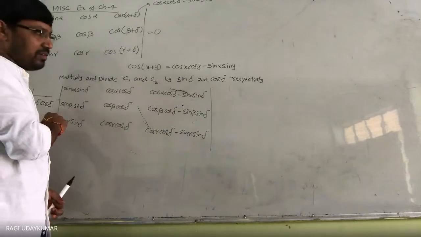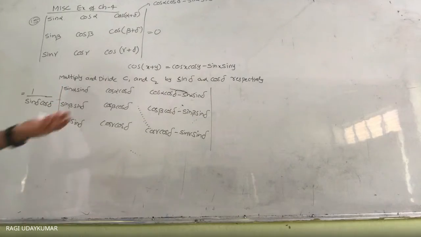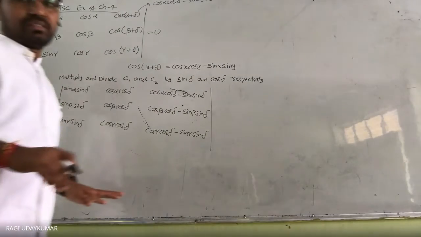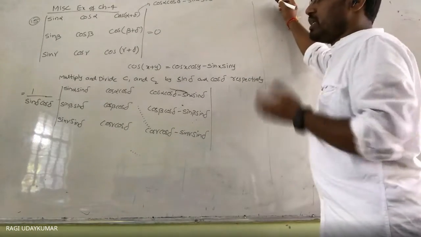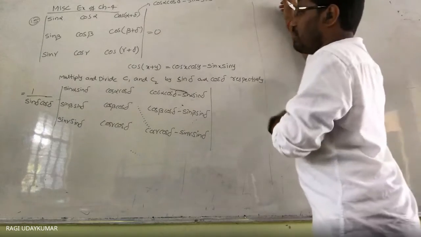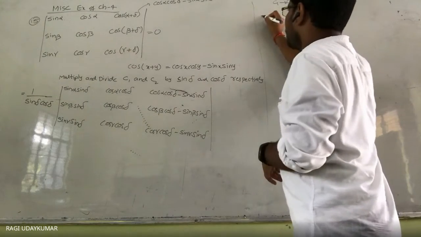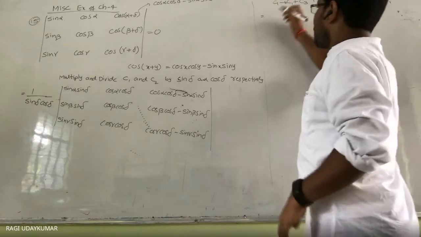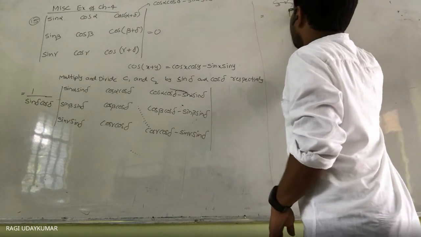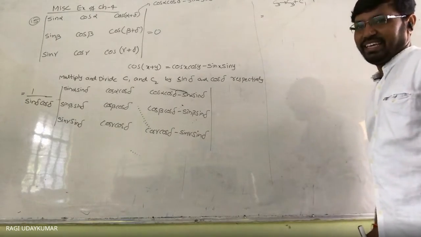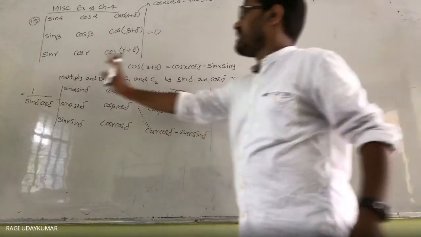What do you get? Cos alpha cos. Whatever operation or transformation you do on the columns, you are going to get the same final answer. So, to write less, I am going to do C1 tends to C1 plus C3. Otherwise, change C3: C3 tends to C3 plus C1. You have to write a little less. Do C3 tends to C3 plus C1.